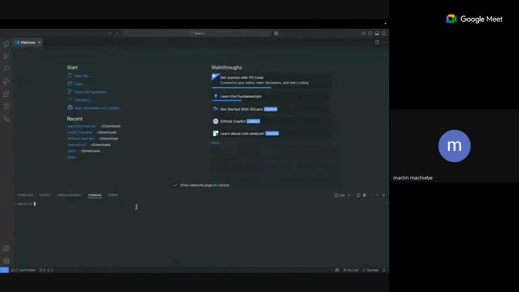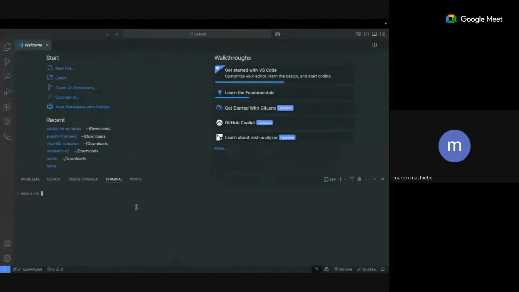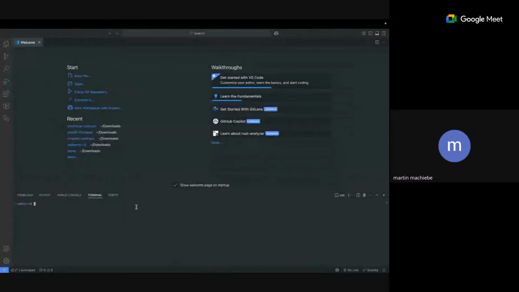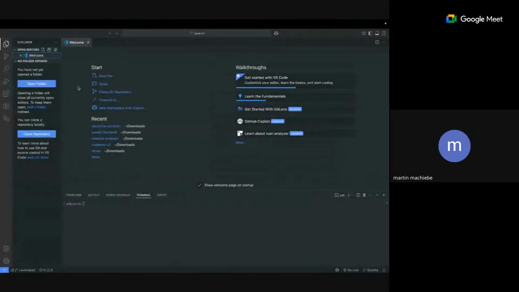Let me zoom in. I want to create a new folder, so first of all, I want to cd into my downloads. And I'll create a new folder with mkdir, and I'll name it